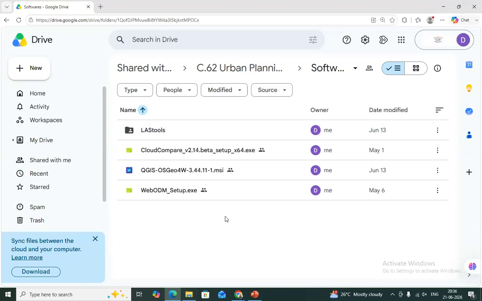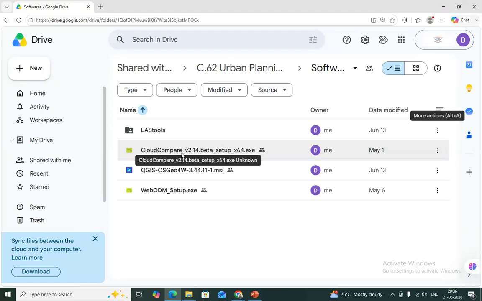Let me just ask for one thumbs up that you have already downloaded these folders or files. Have you downloaded? Okay, so download these files first and we will see how to proceed with the software and how we can install LASTools.